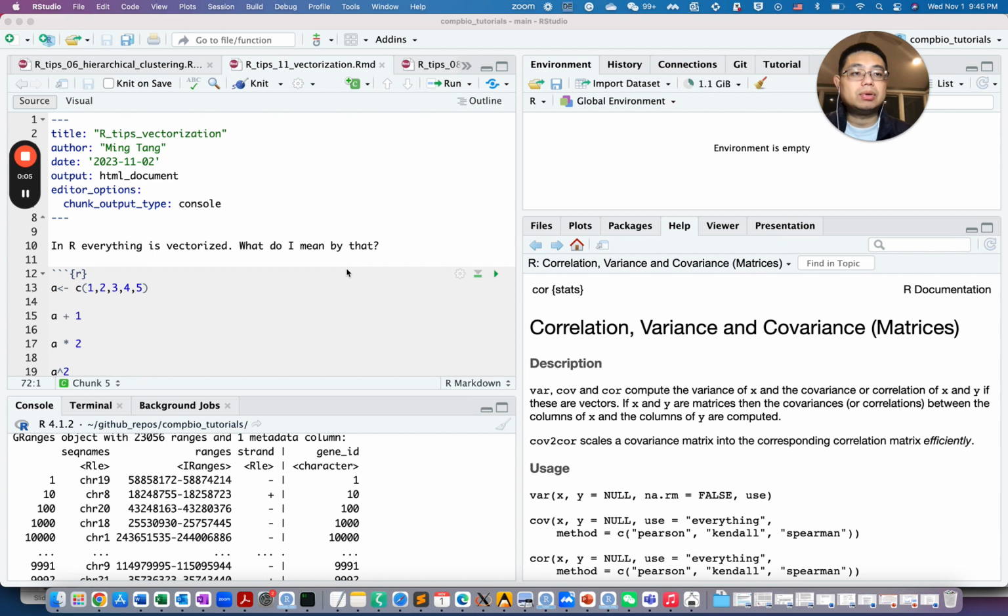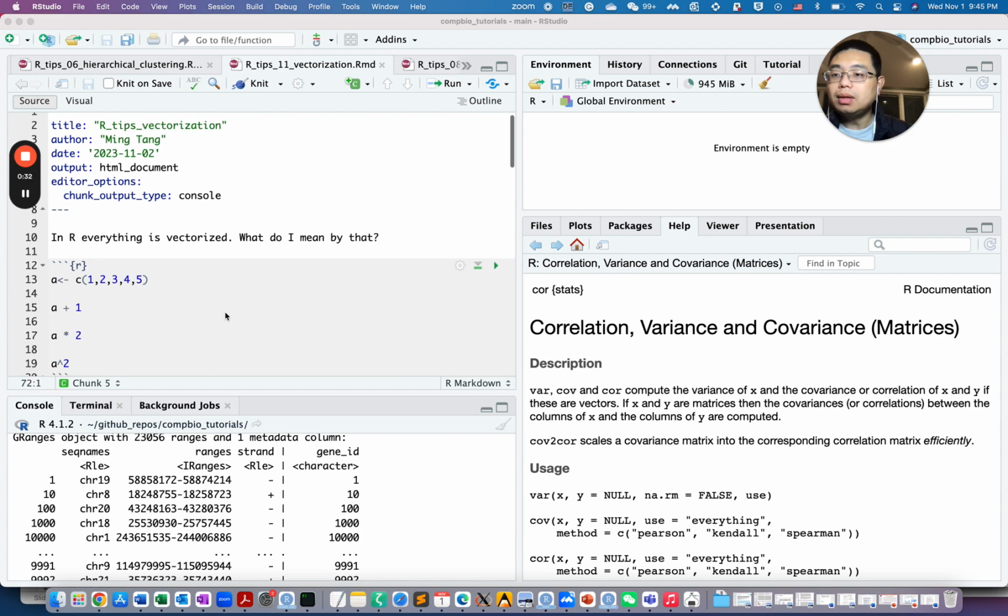So today I'm going to talk about vectorization in R. Vectorization is a very nice feature in R, and it can make your calculation very efficient. To understand that, let's start with this simple example. In the end, I will give you an example using the GenomicRanges R package to deal with some of the gene length problem or exon length problem. Okay, first